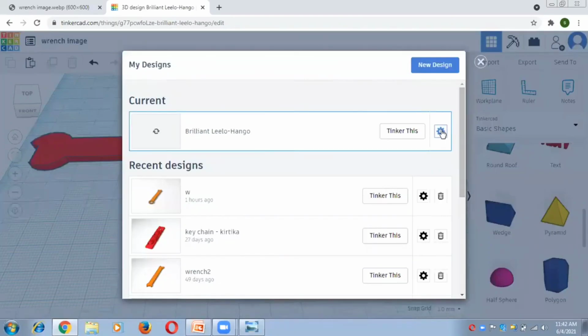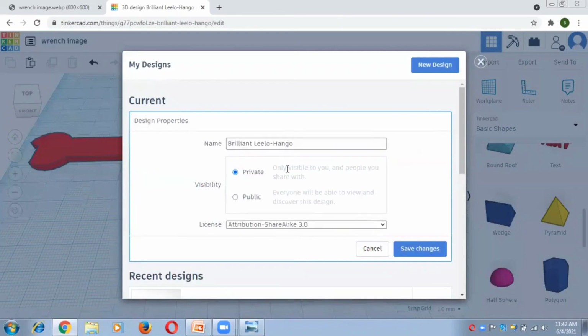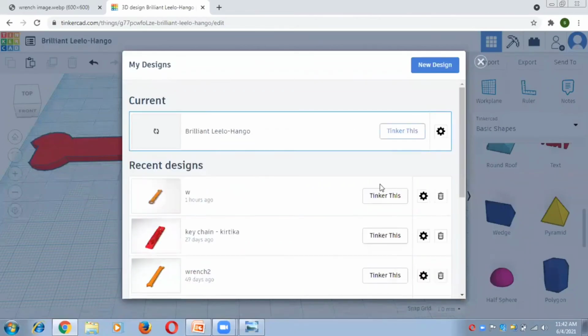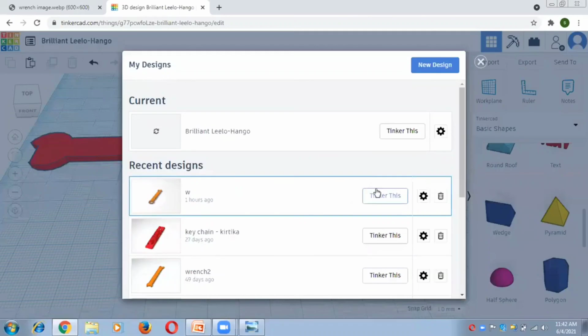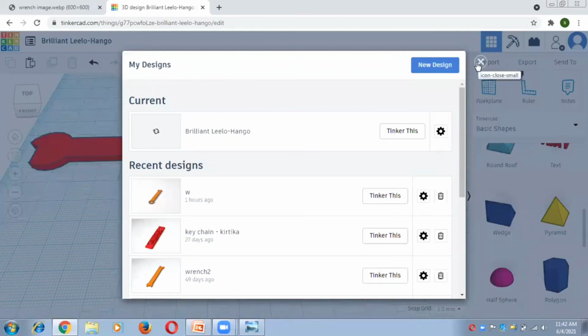If you want to change something, then just click on the setting button and you can see here the name is available, and the visibility. If you want to set the visibility to a private block, then use this, and if you want to set the visibility to a public block, then you can use this, right? This is the license, and then save the changes. So this is the way you can change the settings of your current project, and after that you can just close this window with the close cross symbol. So just click on it,